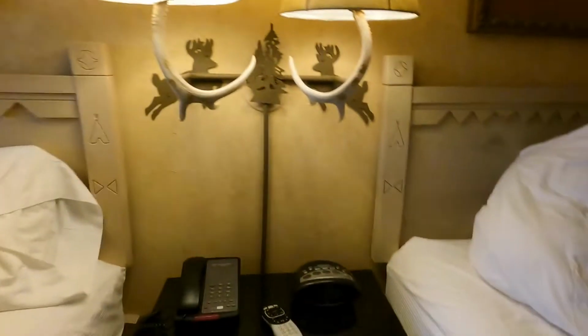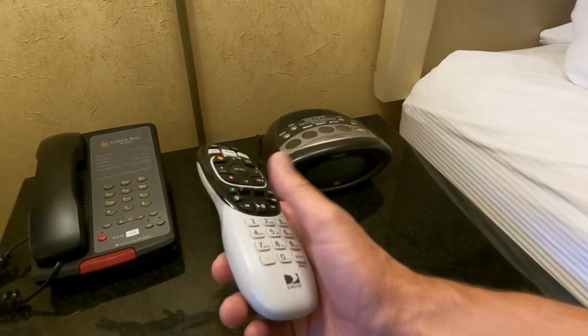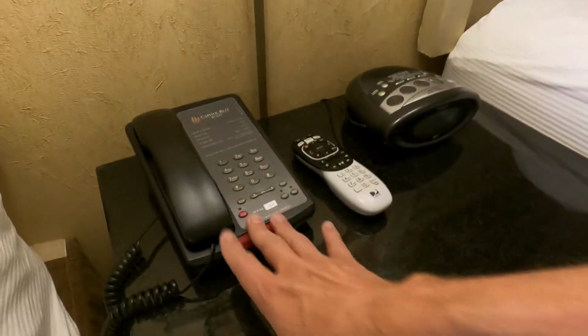And then right in between the beds, you have a little nightstand here. Of course, you've got your double drawers here with some reading material, and you have your Holy Bible, and it looks like some phone books right there. The remote for the TV worked really well, DirecTV style. And then the phone to call the front desk,